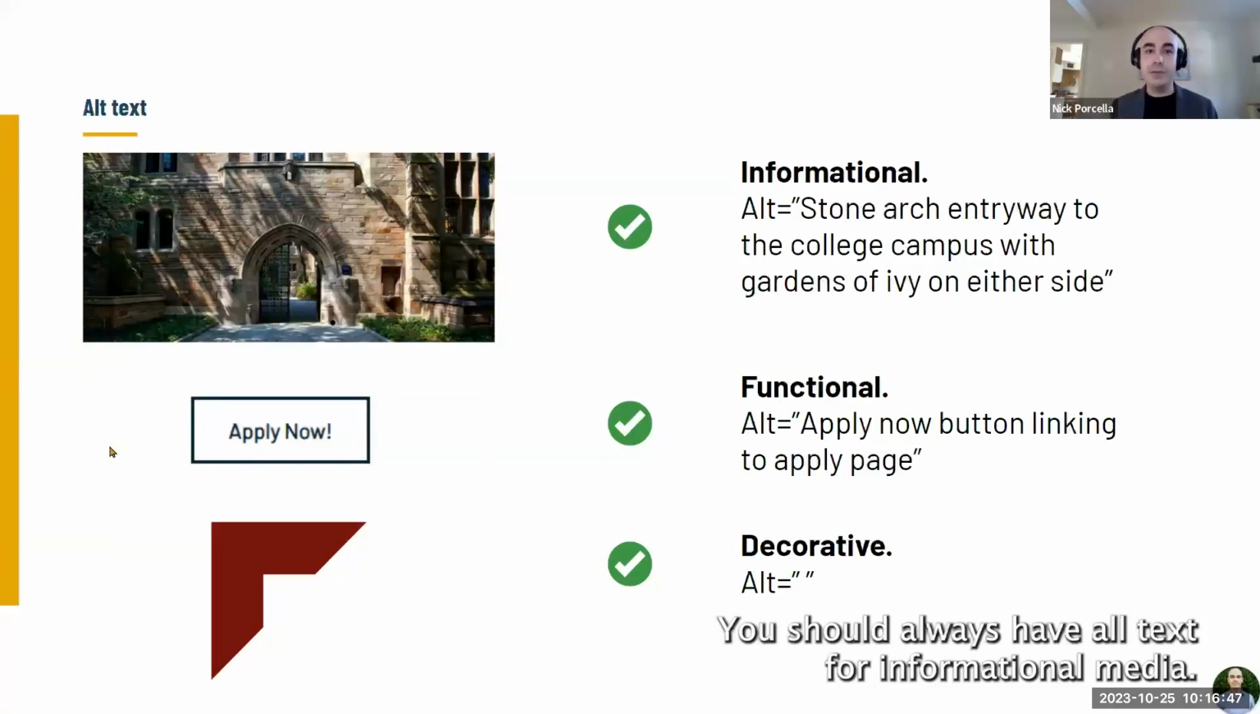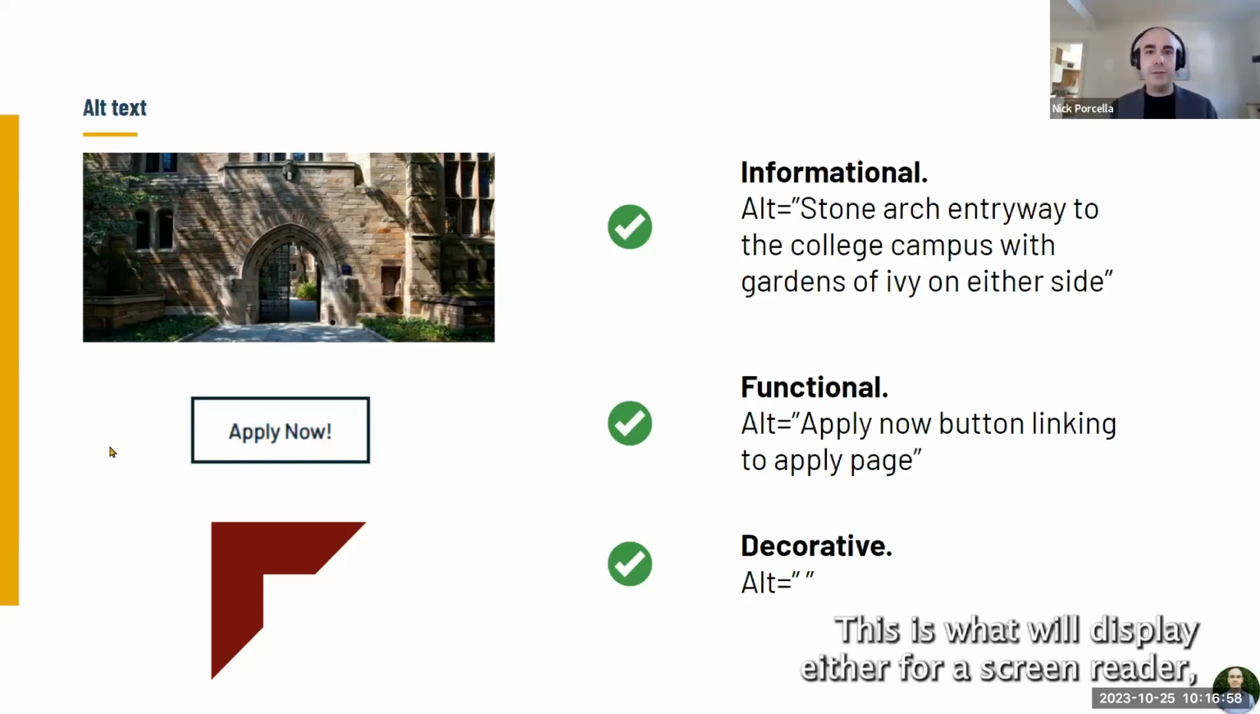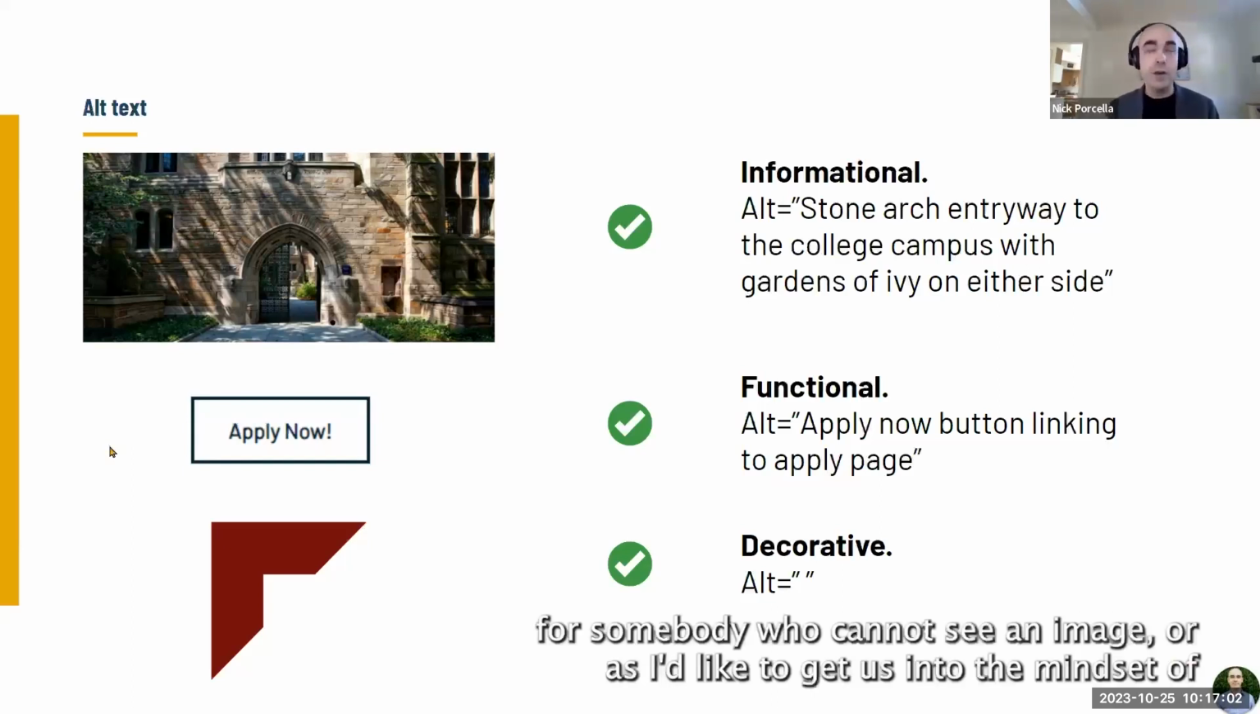Informational media. You should always have alt text for informational media. But first, what is alt text? Alt text is, of course, shorthand for alternative text. This is what will display either for a screen reader for somebody who cannot see an image, or as I'd